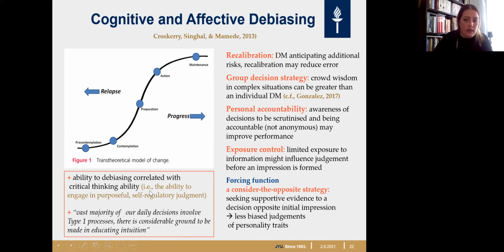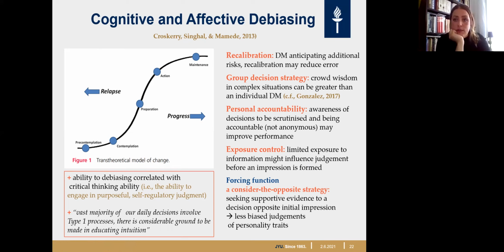In affective debiasing, it's also noticed that as the majority of our daily decisions involve these type 1 processes, these intuitive, fast ones, we would also need to ground the education of debiasing to involve intuition and understand how that works, not only that which could be based on improving the critical thinking abilities if we would also educate about intuition. But according to these authors,